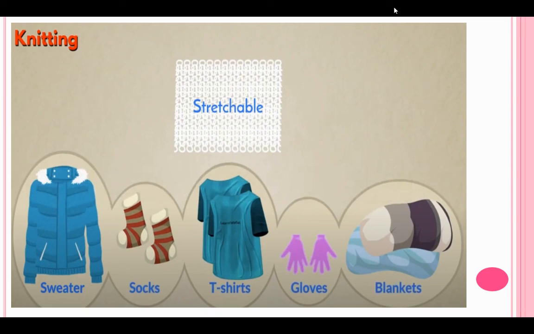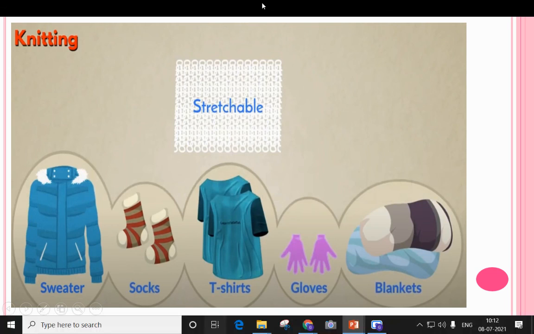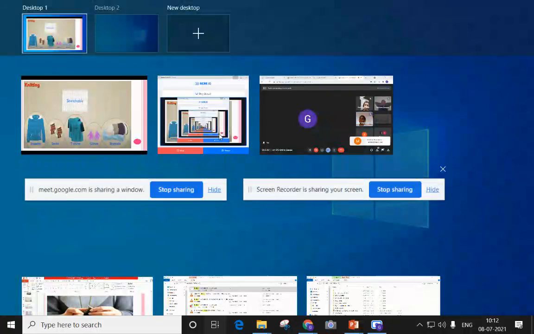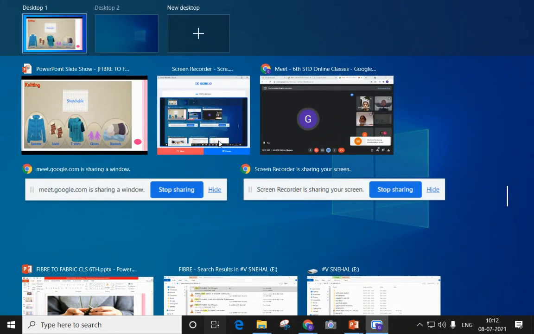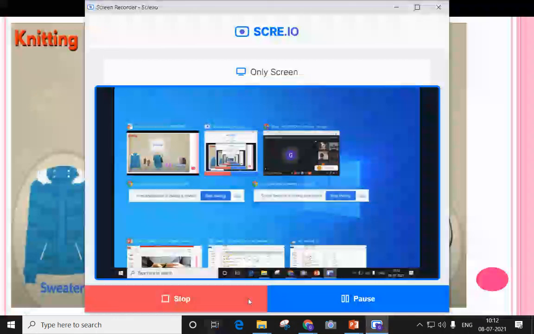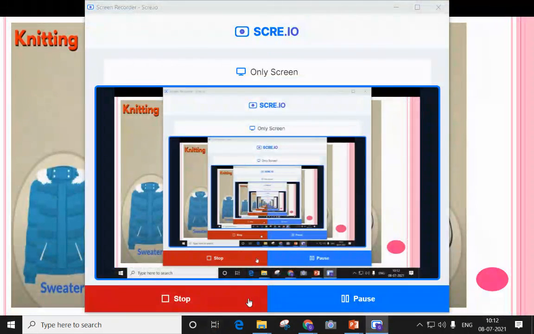So this is everything about the weaving and knitting process. Today I will send some dictionary words based on this lesson. Everyone should complete them in your notebook, and whatever activities we have learned in this session should all be pasted. Yes. Question answers.